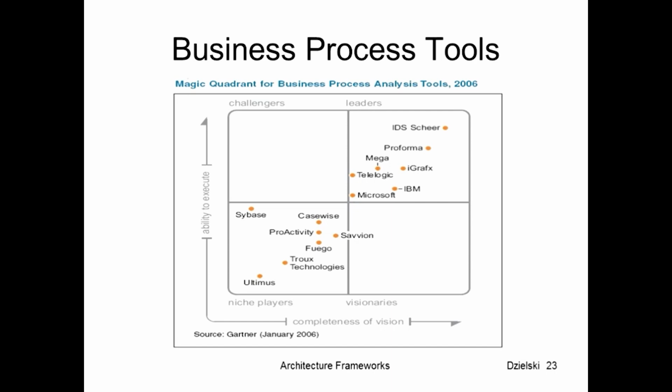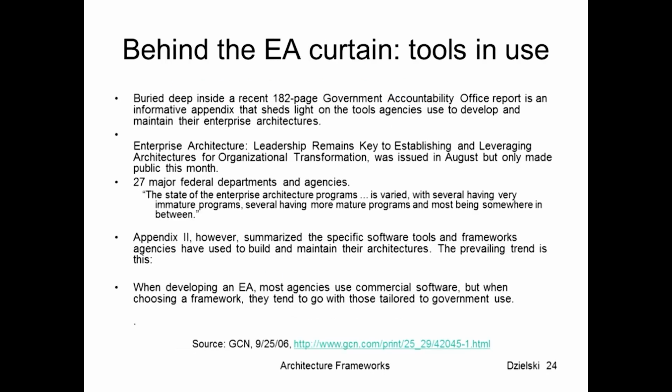So business processes, tools, we'll look a lot more at this later, but of course this is an older tool matrix that Gartner publishes and does evaluation of tools and products, but IDS Scheer, Proforma, Telelogic, one that I've used, Microsoft, IBM, I've used and seen, are just a few of the top leaders in the domain world, which Telelogic actually was bought out by IBM and built into their Rational suite.